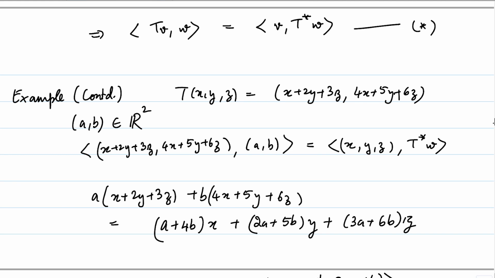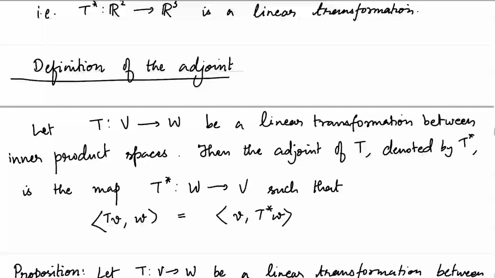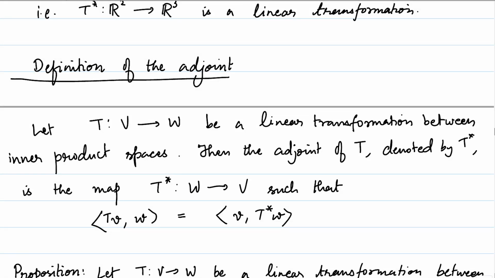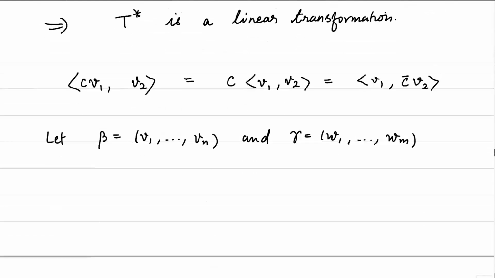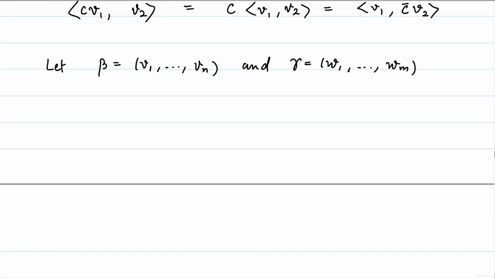In the case of infinite dimensional vector spaces, we do not have a ready analog of the Riesz representation theorem, and we will have to do some work, if at all it exists, to talk about the adjoint of a given linear transformation. So in this lecture, let's all through assume that our inner product spaces are finite dimensional. We have indeed used it very strongly to even talk about what T star is. So let beta = {v1 to vn} and gamma = {w1 to wm} be orthonormal bases